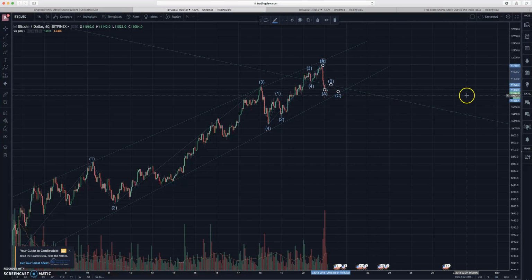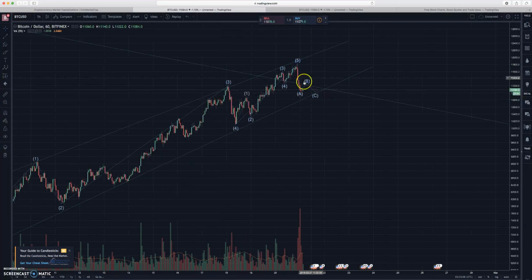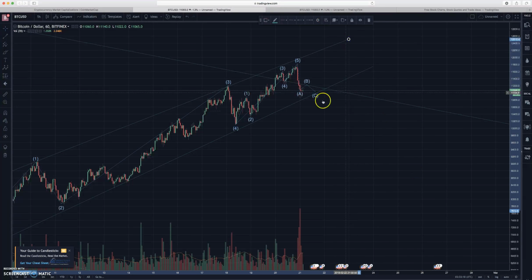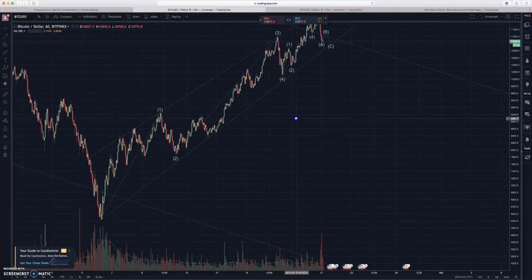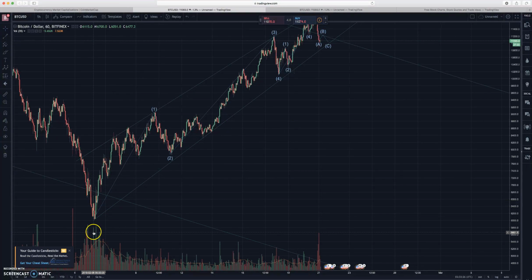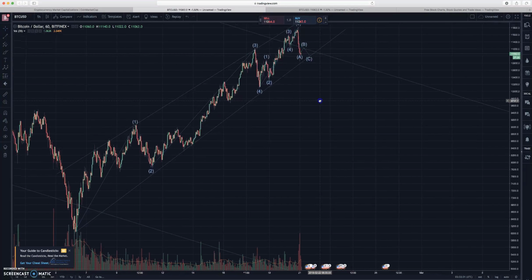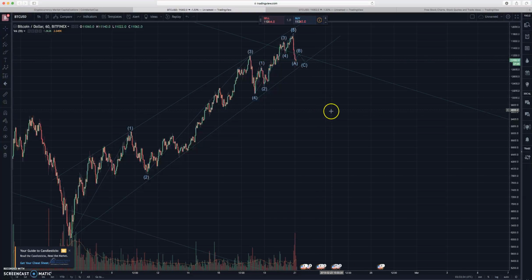Something to be watching within the next day or so is where this thing ends up. We might be getting squeezed into this little wedge in here, and we could go up, we could go down. It's very difficult to tell. To me, I'm leaning towards bullish on this whole picture because of what we've seen. We've seen an increase in volume once we hit our bottom, and a pretty dramatic increase in price. We've seen a lot of people talking about news, the good news coming out of the SEC, the CFTC meetings. You're not hearing a bunch of bad stuff anymore.